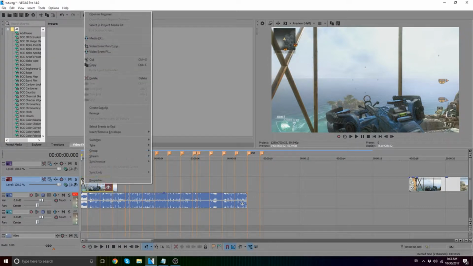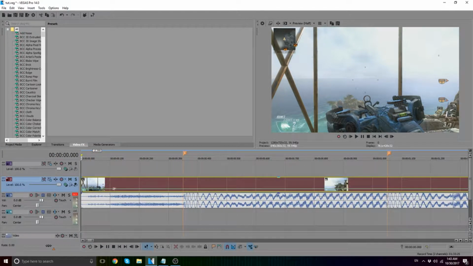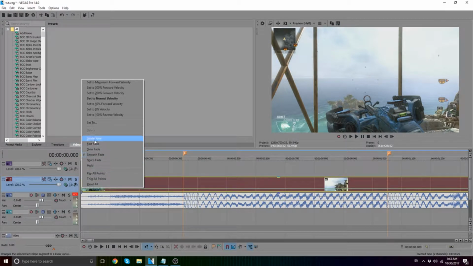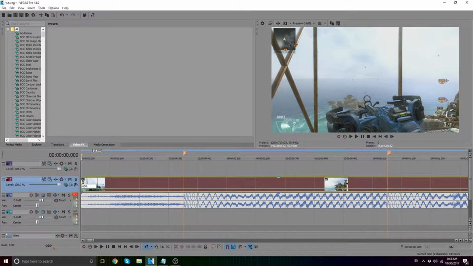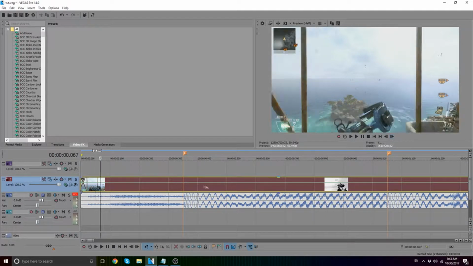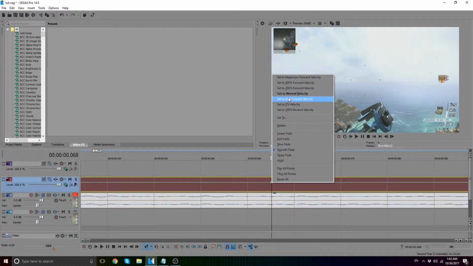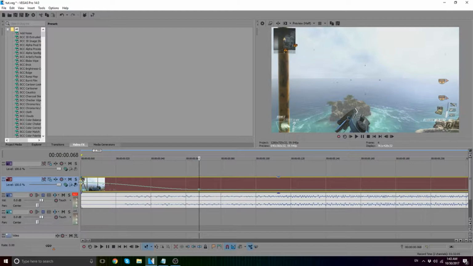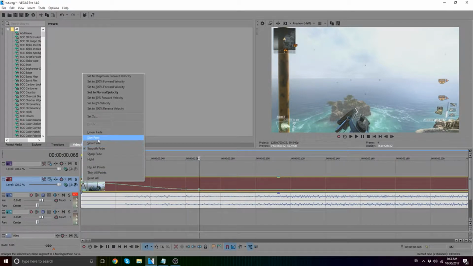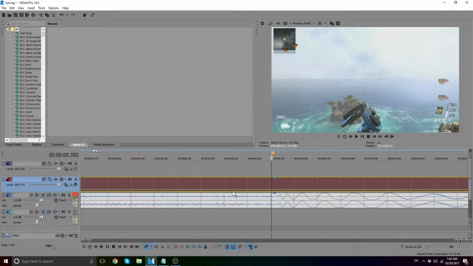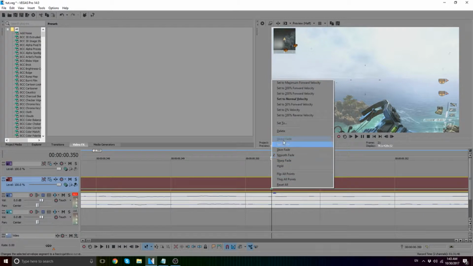So the next thing that I do is I do my velocity. What I do for my velocity is I set it to 600, and then depending on how long the distance between the beats is, I usually do 8, but I'm going to do 4 for this one. So I go 4 beats ahead, put a point here, set it to 50. I'm going to put this one to fast fade. And then you put another point on the marker, and you set that one to 600,